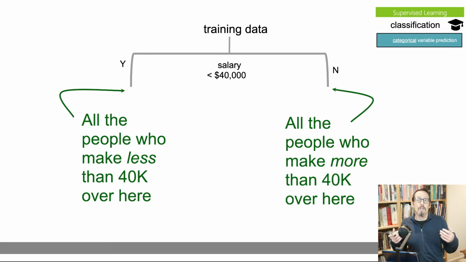Okay, so let's say our data involves people's information, including their salary and some other stuff, right? What a decision tree does is it looks through all these variables, and if what we're trying to do is predict somebody's education level, remember that's what we're after here, right? We're after their education level. That's our goal, is to predict that. What it's going to do is look through all the variables that we've got in the data set, and pick out the variable which is most informative, potentially, right?